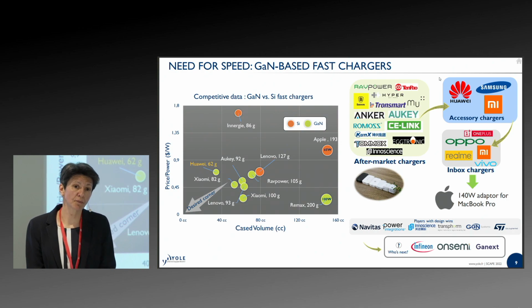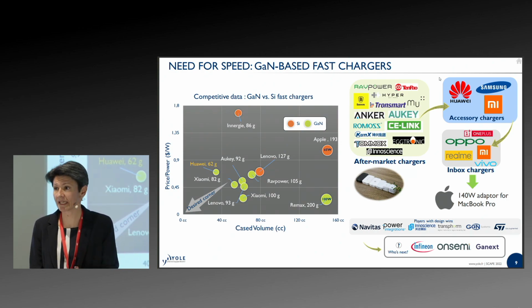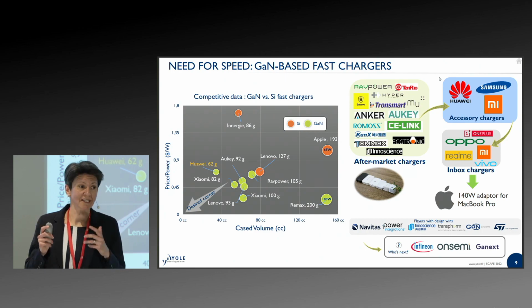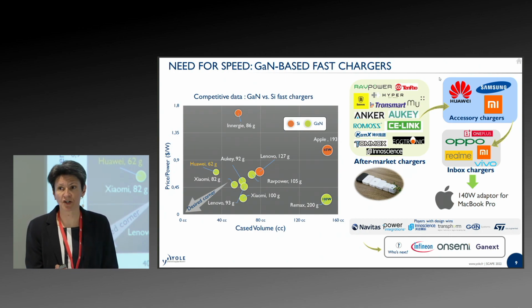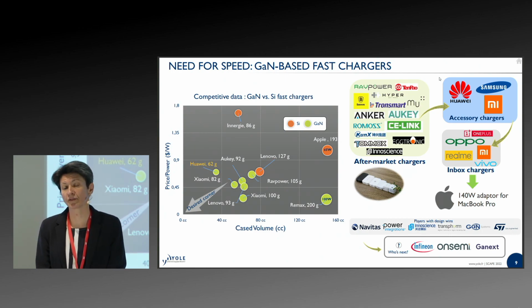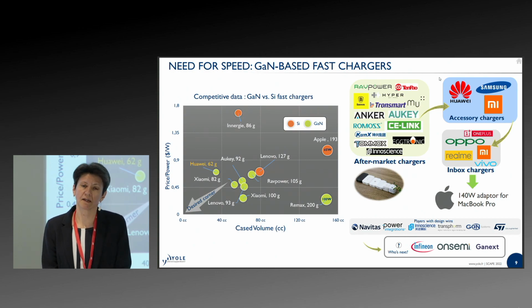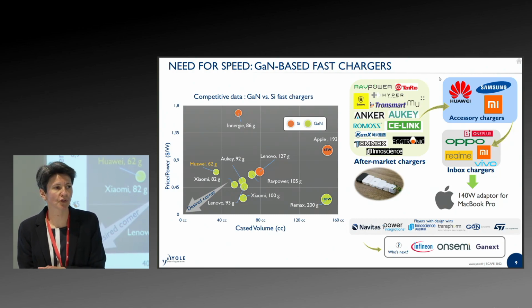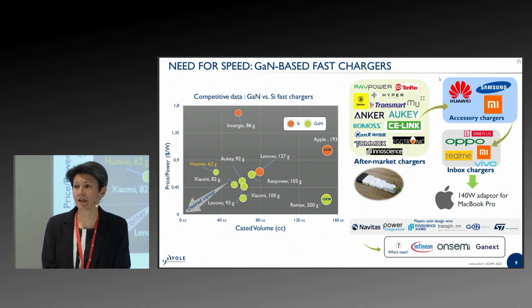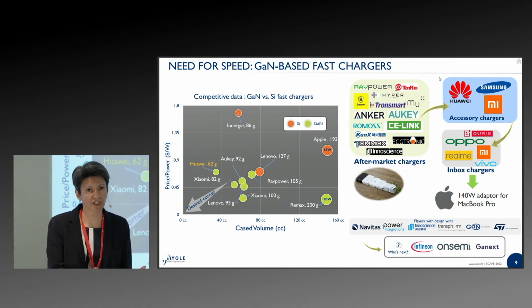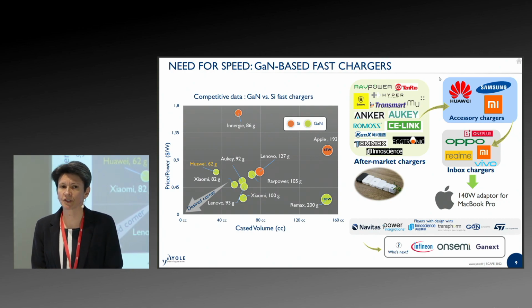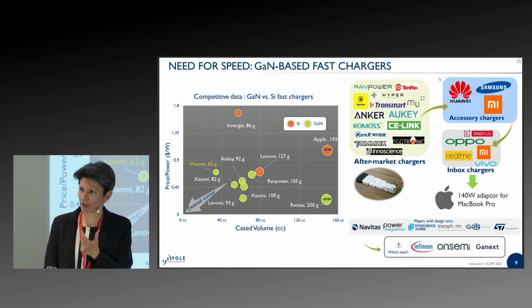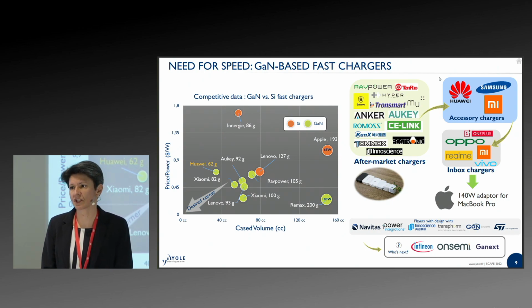It started with aftermarket chargers, so Anker and Aukey have been the first to really take the risk, or at least to investigate this technology and implement it in their aftermarket chargers. And then we've seen Oppo integrating this technology back in. Aftermarket was more in 2018, Oppo for the inbox charger more in 2019, integrating the solution from Power Integrations, and then other solutions from Navitas and so on. So we've seen the Chinese OEMs more inclined to make this transition and take the risk